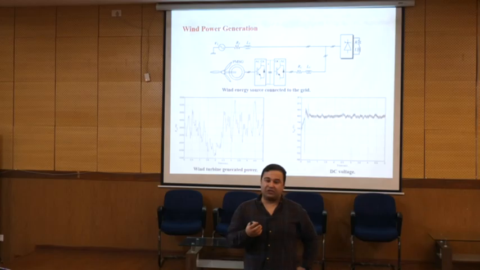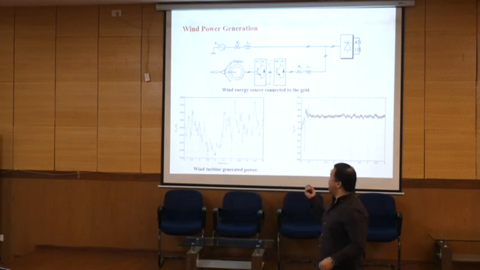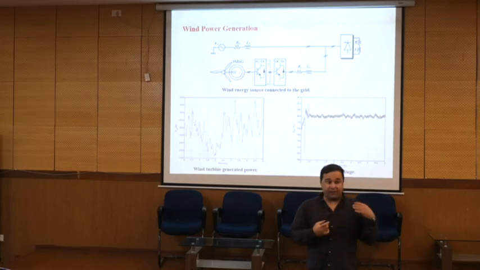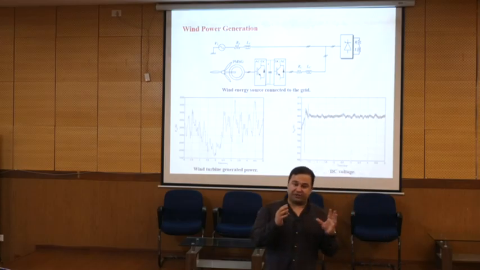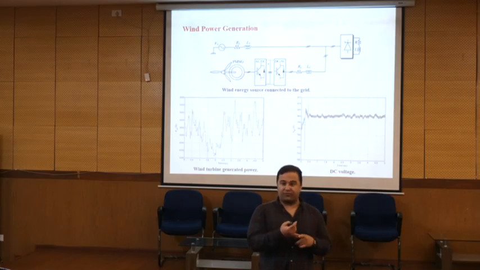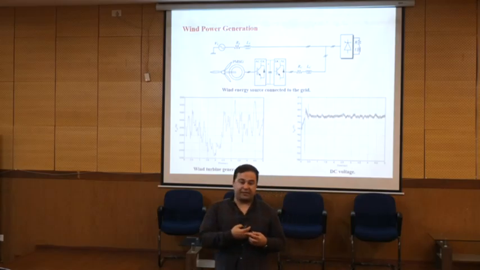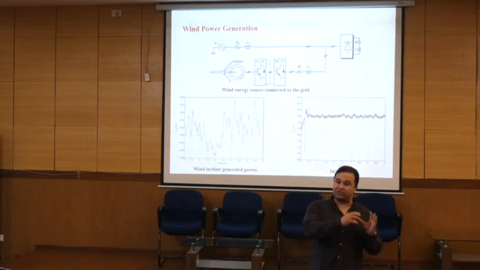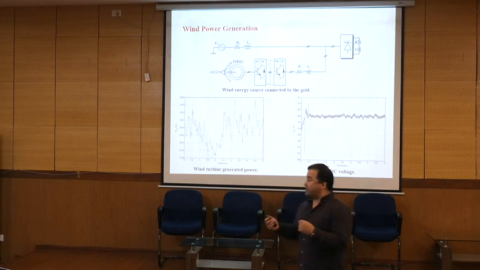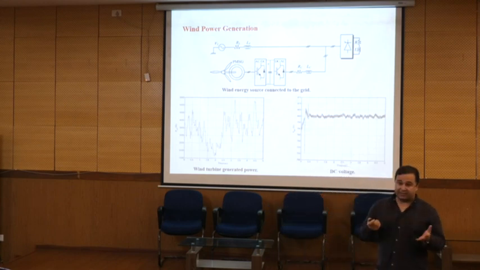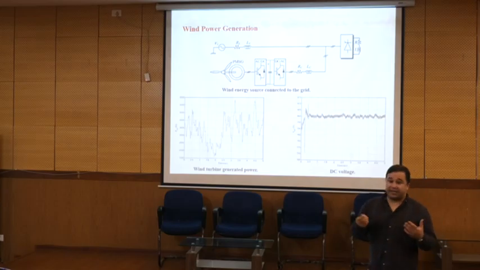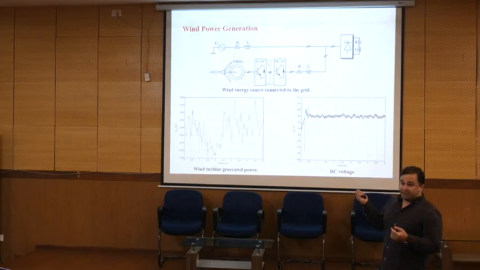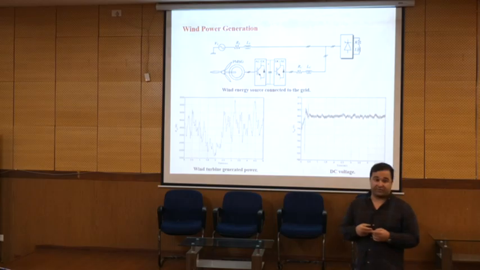This type of generation always needs converters, and the reason is that the nature of the generation is different. For example, a fuel cell provides DC, PV provides DC, wind provides AC. Then based on where we are going to use it, we should change or match the nature of the generation with the consumption. The nature of wind generation is AC, and the nature of the grid is AC. So we should match the voltage and frequency of the generation with the frequency of the distribution.